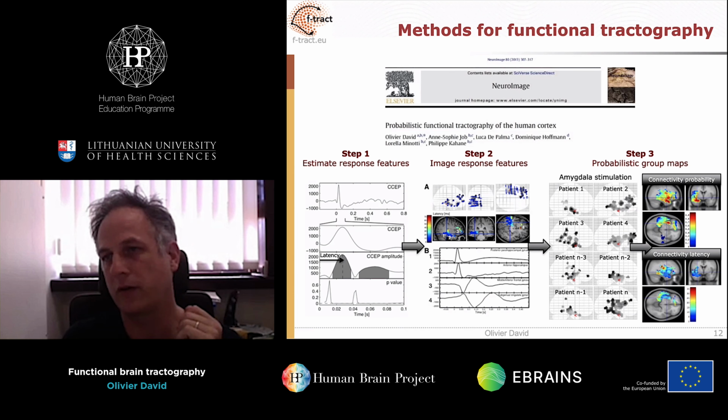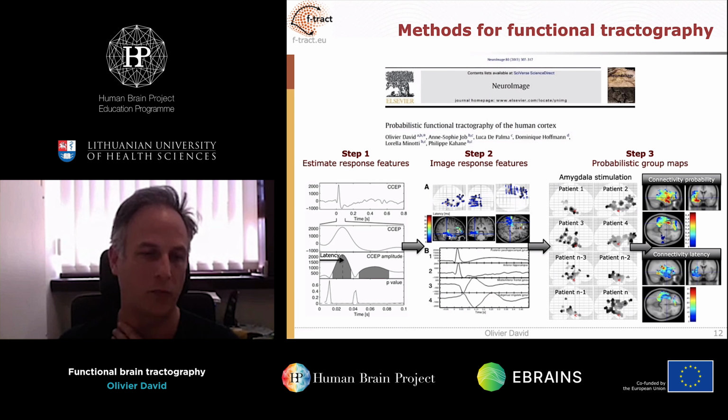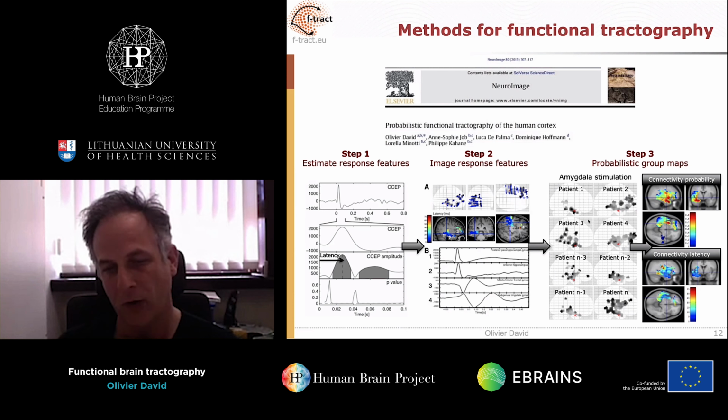And then if we are interested in a particular area that we want to map, for example, the amygdala, we take in the database all patients who were stimulated in the amygdala, and they are all implanted in different ways,